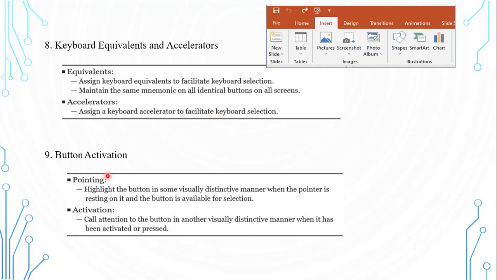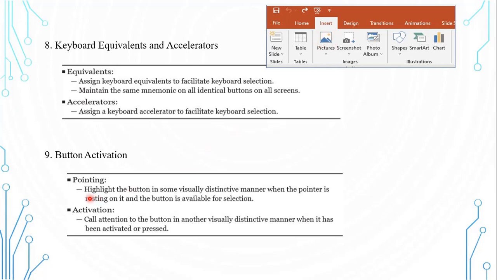Next we have button activation, that is, pointing and activation. Whenever you place your cursor pointer on the button, it has to show that it is being activated, meaning there should be a change in color to show that it has been identified by the system.